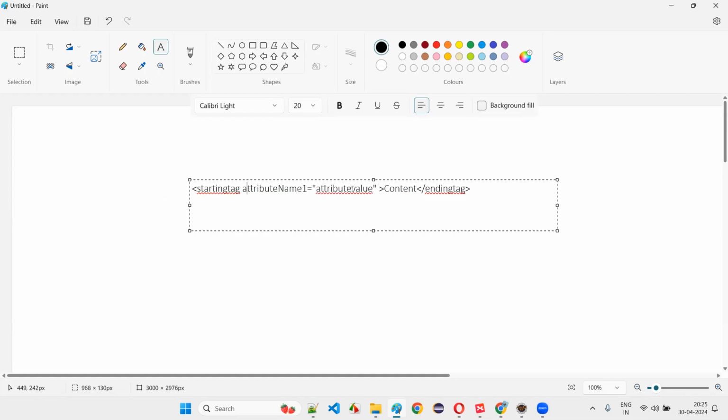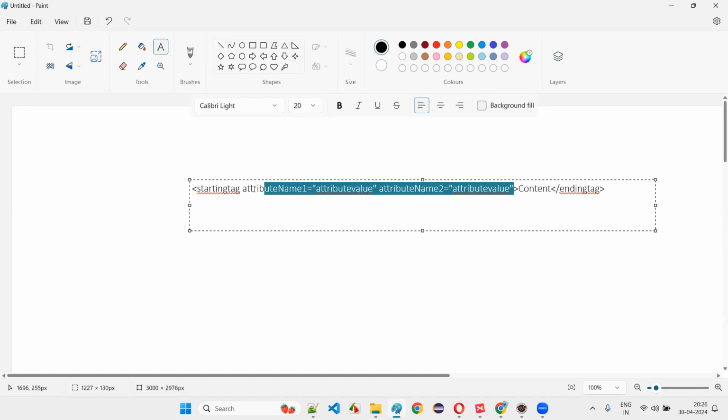Where we have to specify the attributes, guys? In the starting or ending tags? Tell me where we have to specify the attributes, in the starting tags or ending tags. Attribute value. Okay, like this. It can keep going. You can have any number of attributes here. Here two attributes are there. The attributes along with their values should be specified in which tag? Starting or ending? In the starting tag, we have to specify.